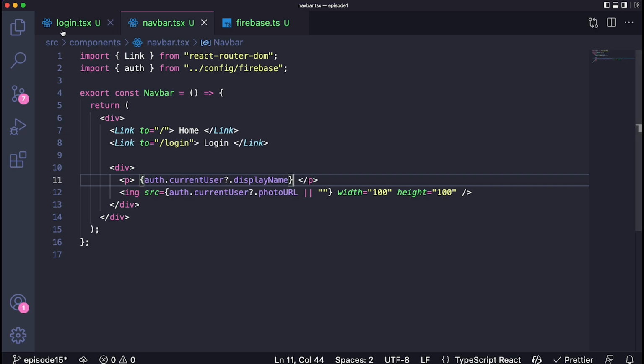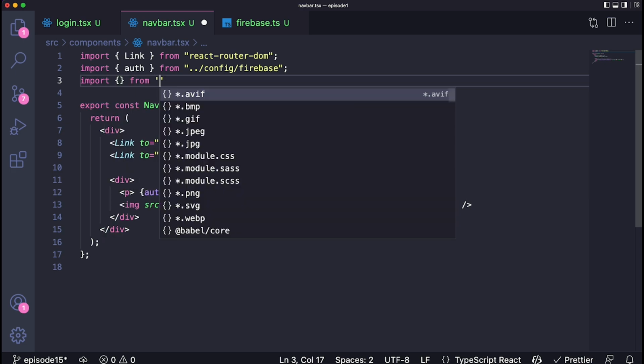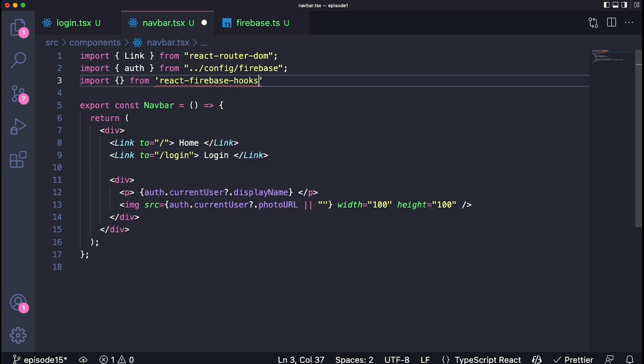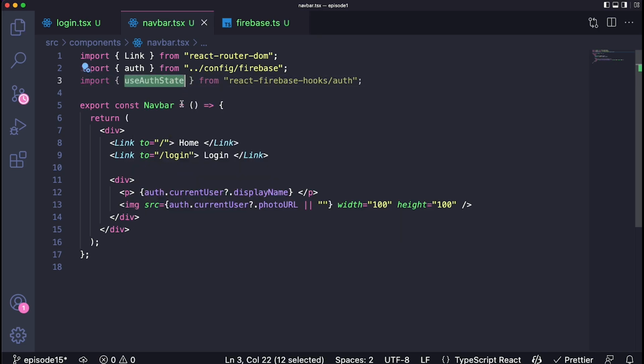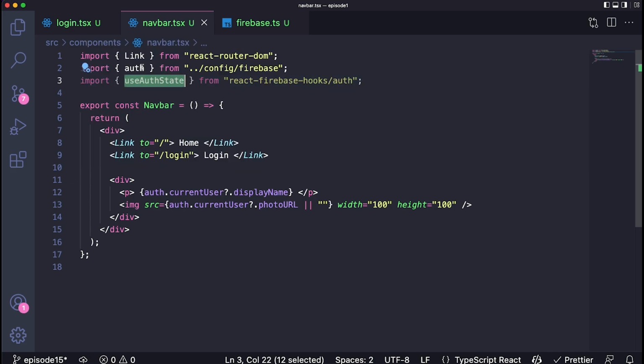Then we're going to come right over here to our Navbar, and we're going to import something from the react-firebase-hooks library. What we want to import is from the auth package inside of this library. So what we want to import from this is the useAuthState hook just over here. It also has a lot of other hooks that we could use. It adds a lot of stuff for us, but this one is the one that I want to use right now,